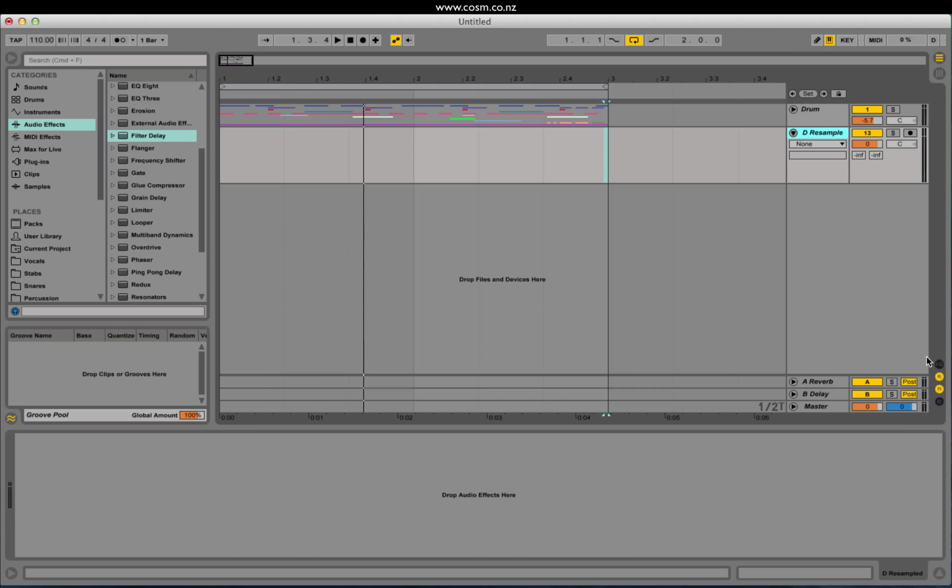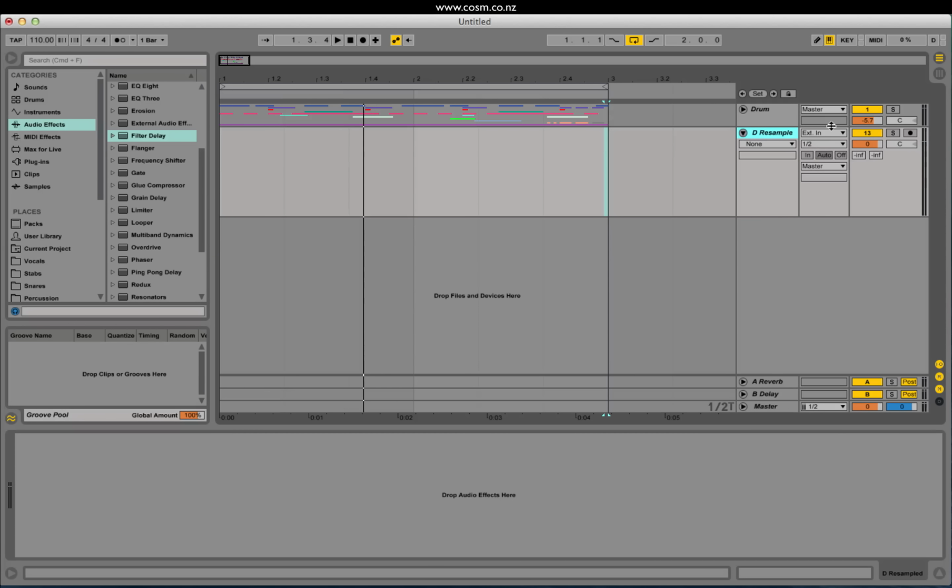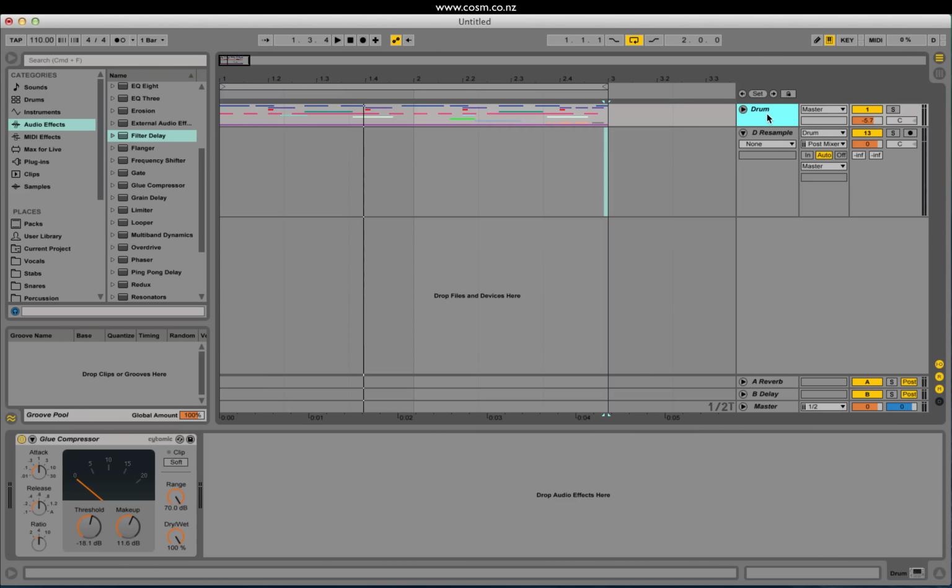We need to open our ins and outs, which is this little I/O button down here in the bottom right. And this lets us specify where the audio comes from and where the audio goes to in individual audio tracks. And I want to pick the input as that group that I call drum. So now the input of this audio track is coming from all of those audio clips grouped together in one